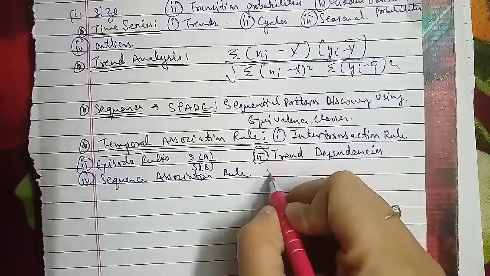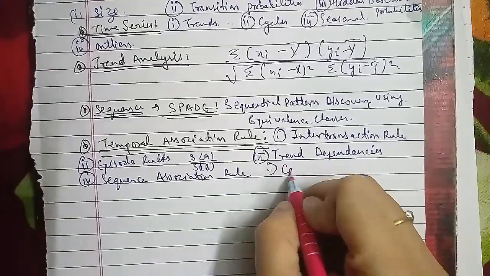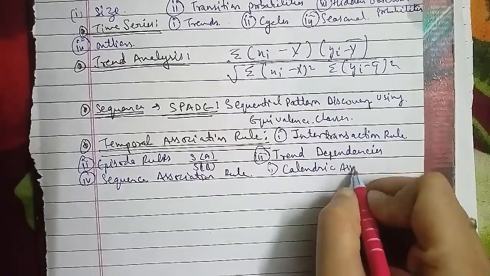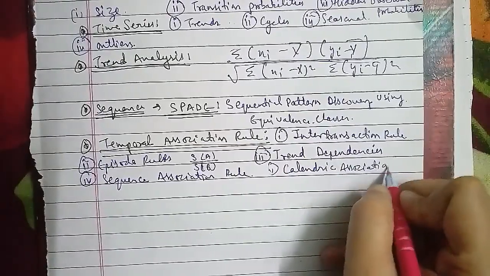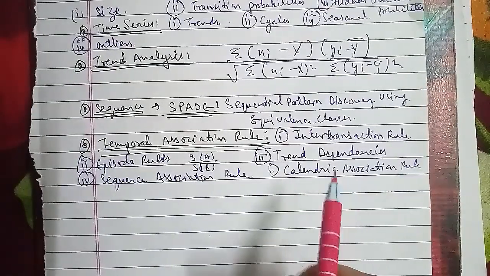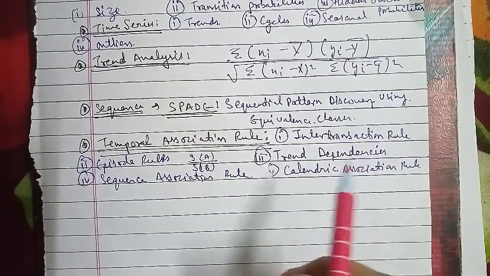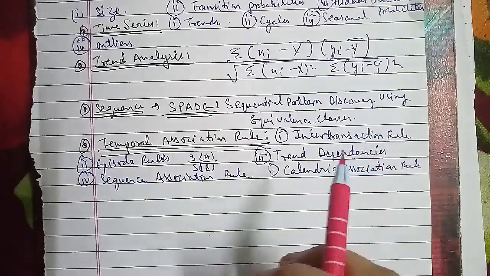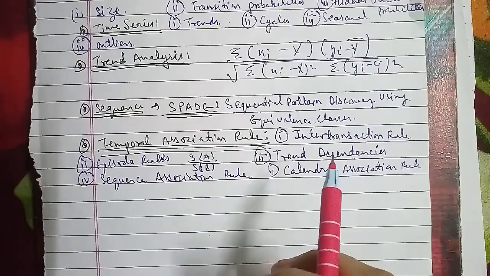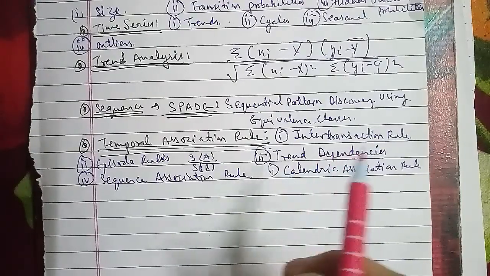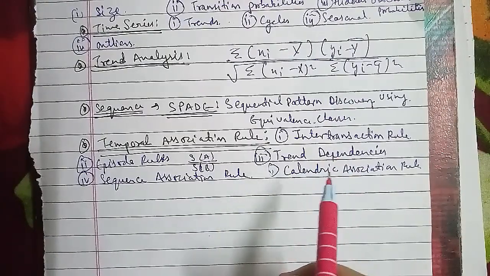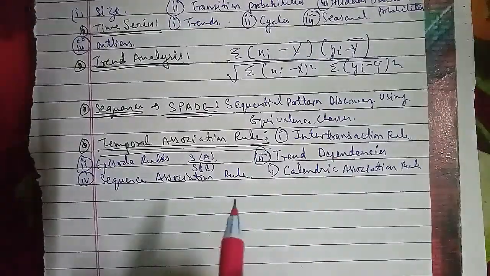The fifth one we have is the calendric association rule. In this, given a set of items I equals I1, I2 till Im, and a set of transactions D, T1, T2 till Tn, and a time unit K, and a calendar C, a calendric association rule is an association rule X implies Y that occurs in D over K as well. So here we'll end up with this.